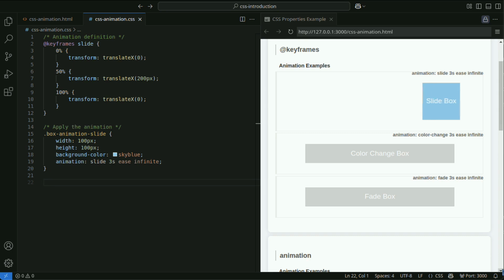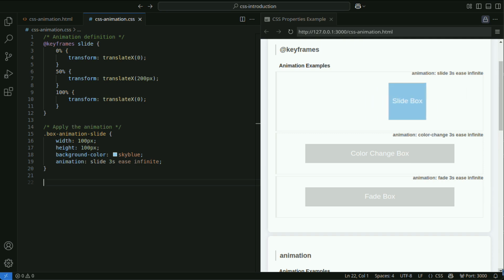In this example, slide is written after @keyframes, defining an animation named slide. 0% is the start of the animation, with translateX(0) positioning the element at its original location. 50% is midway in the animation, where the element moves 200px to the right using translateX(200px). 100% is the end of the animation, with the element returning to its original position.